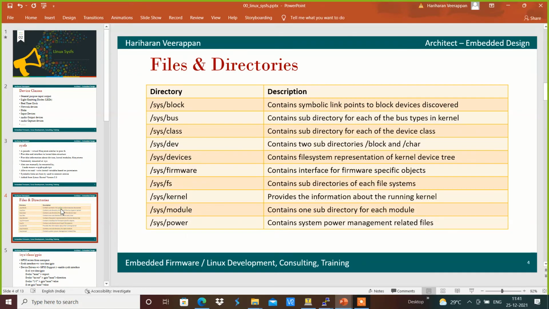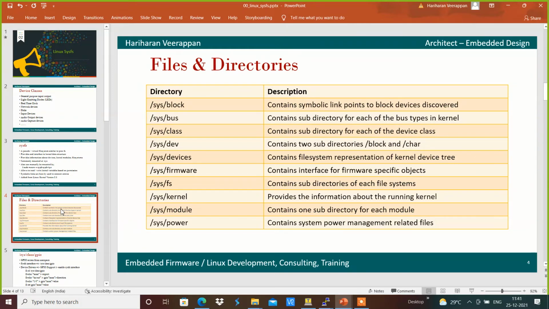We can add our own directory anywhere with the help of sysfs_create_file, which lets us create it accordingly.